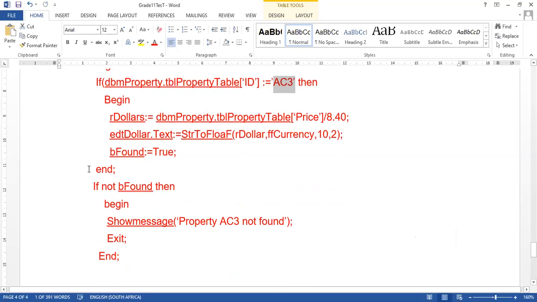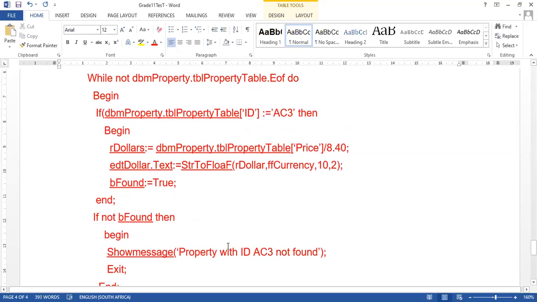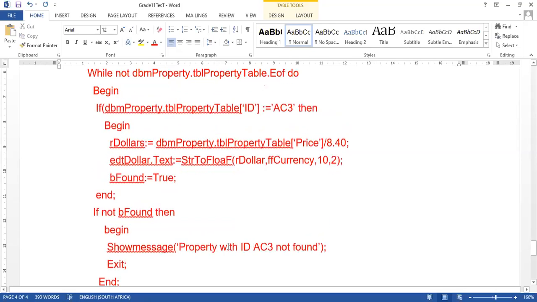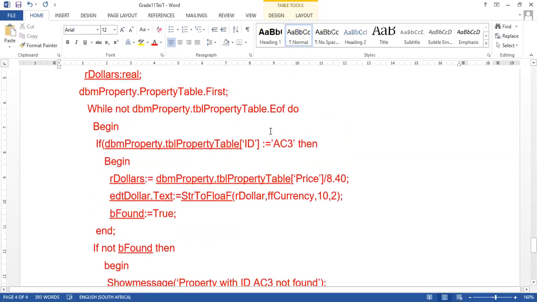Or else, if not B found, meaning that if B found is false, the property is not found, I can show a message to say property with ID AC3 not found, then I can exit. Right, then you can exit. Right. Or else the other thing you can also do, you can say here, you can come here and say,